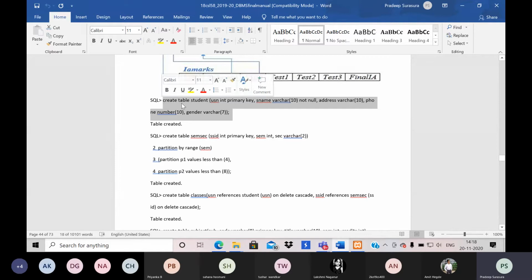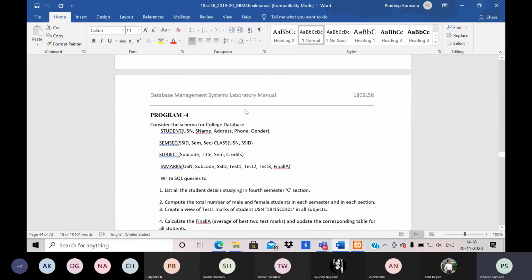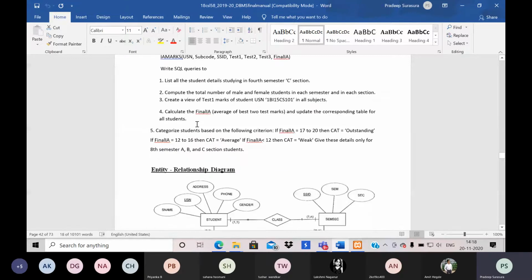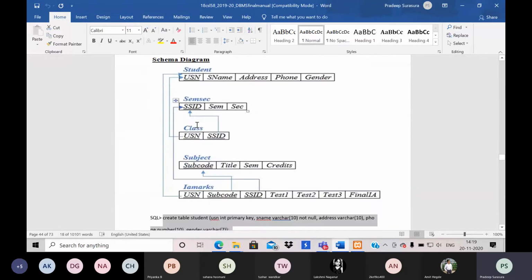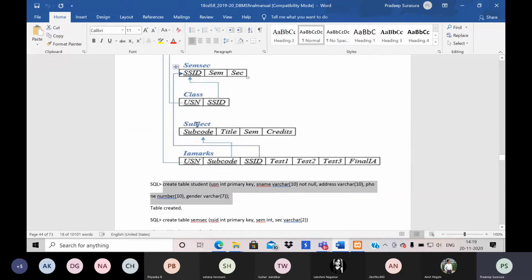So now let us start creating tables. The procedure is to first create the student table, then create the semester section table, then create the class table, then create the subject table, and lastly create the IMAX table. Okay, so this is the flow of how to create the tables. This is the specific ER diagram for the application. This is the schema diagram. Now let us start